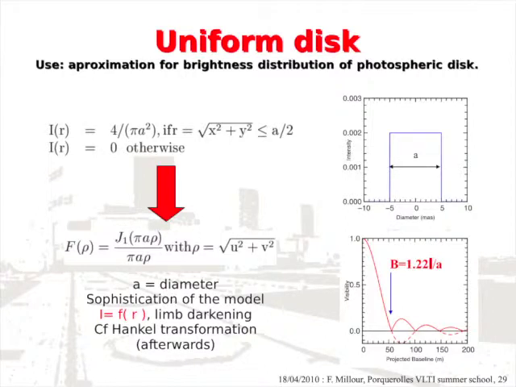Another shape you will use a lot is a uniform disk, because it's easy to model a star surface with a uniform disk. Basically, when you have a star, you have the photosphere which sets a very sharp limit, and outside, the flux is almost zero. So you will have a good approximation of your stellar image with a uniform disk. The Fourier transform of it is an Airy function, okay?